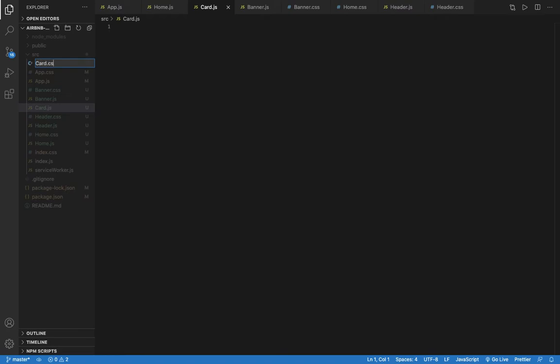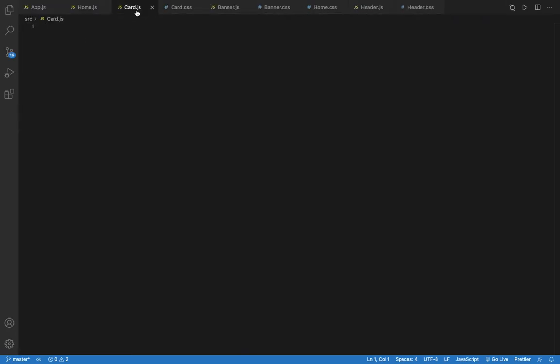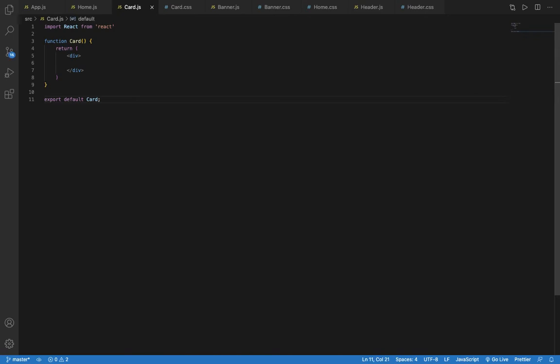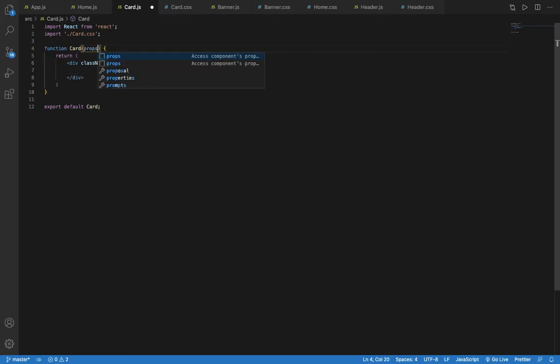So card.css inside card.js. First let us add the basic RFCE. Then I am going to import card.css, give it a class name of card. Then I am going to first add something called props, and we have to destructure the props